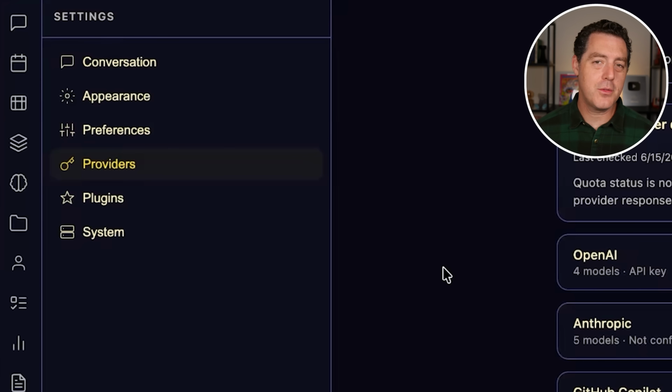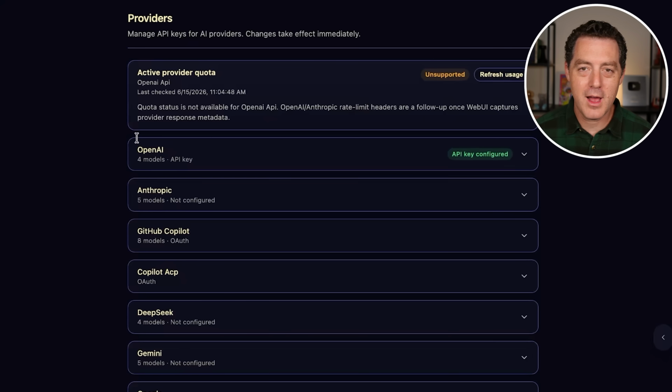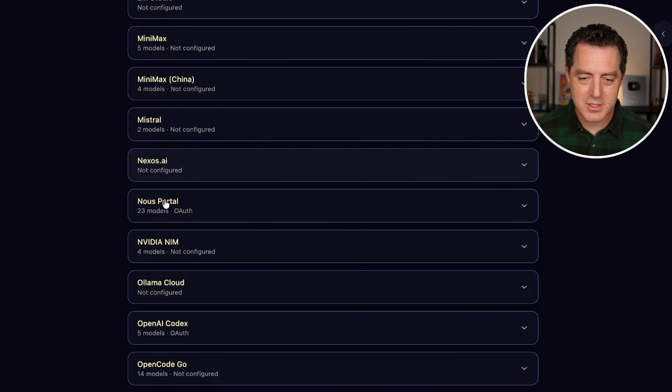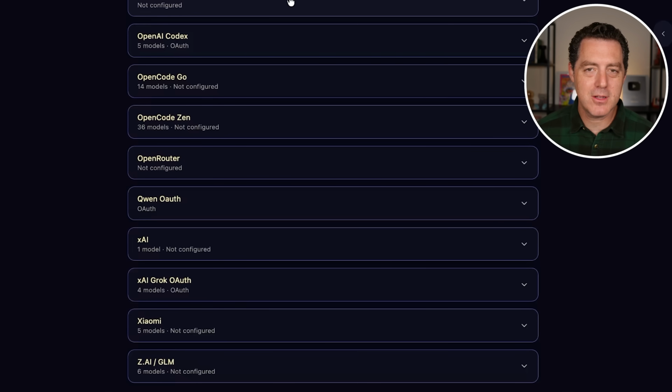All right, now let's go through settings, because another thing that Hermes does incredibly well is just give you all the options in the whole world. Look at how many providers it has out of the box. Obviously OpenAI and Anthropic, but also Copilot, DeepSeek, Gemini, Kimi, LM Studio if you want to run things completely locally. Shout out to LM Studio, Mistral, Nexos, Nous Portal, NVIDIA NIMs, just basically every single option you can ever need